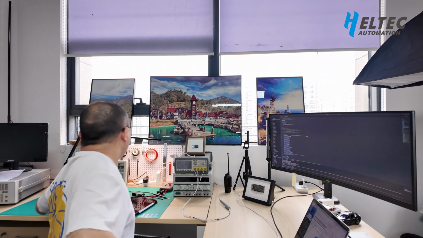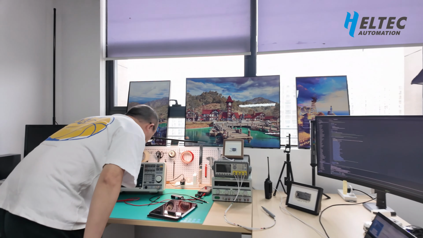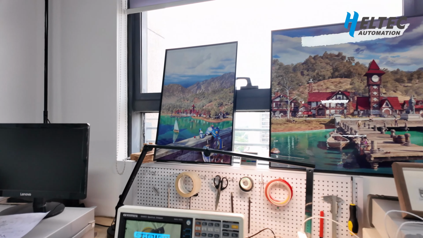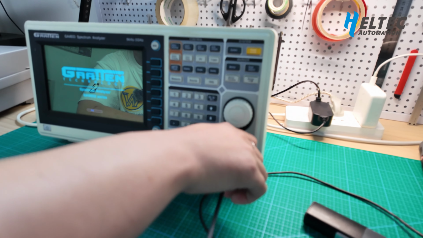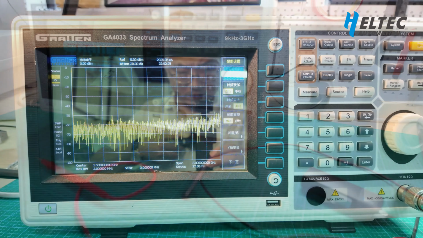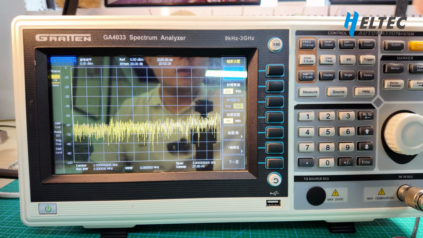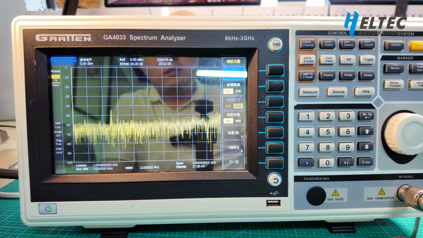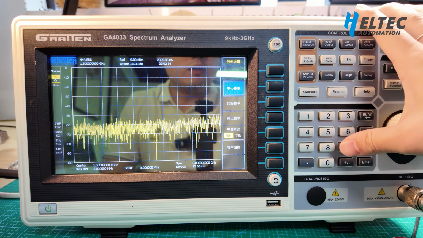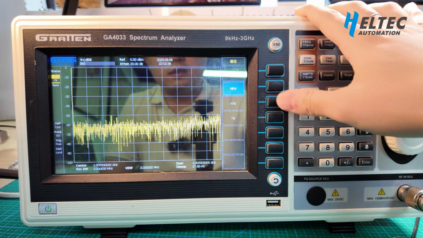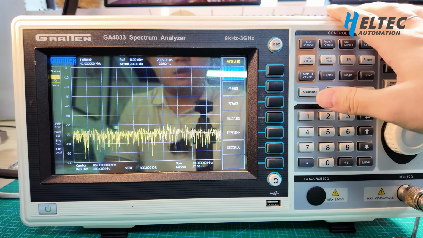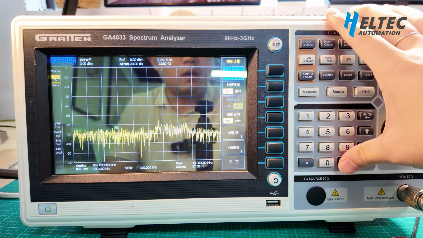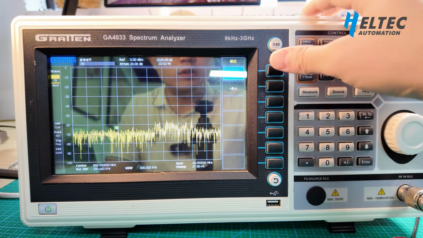Okay, I will use the spectrum analyzer to tell you why. Come and check it. Open it and connect the antenna. For the EU 868 band, we just need to set the center frequency to 868 MHz, and the span to, I think, 40 MHz is enough, and the Y scale is negative 30 dBm.